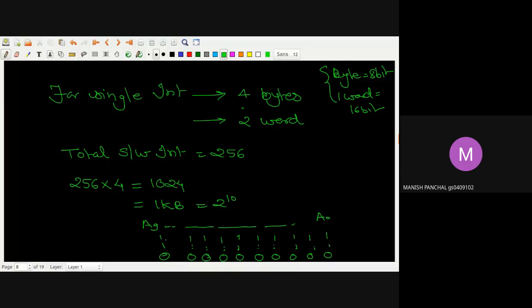Can you please tell me what range I am getting for the physical address in the 20 bits format for the first location? Because it will go till A19. So I am assuming that all the values are for this one, because I am considering only these values. Due to this 2 to the power 10, I have to consider only A0 to A9, and the remaining you can assume as A19.